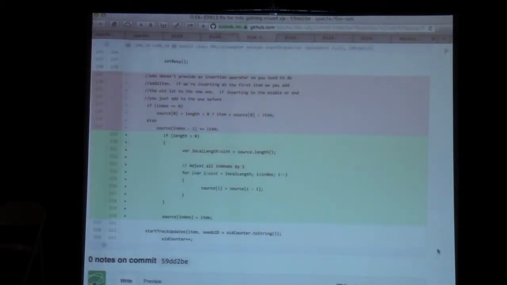This was the change, by the way, on that bug. The existing code was actually broken, and what has happened is we've added some code to fix that, but it's obviously changed the behavior of something else in some way. And so when you're working on a very large project like Apache Flex, that can often be the case. Even though we've got